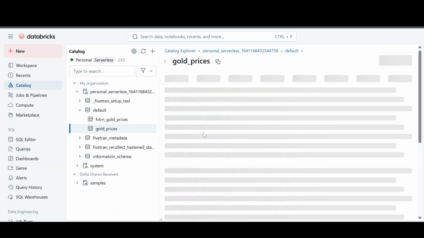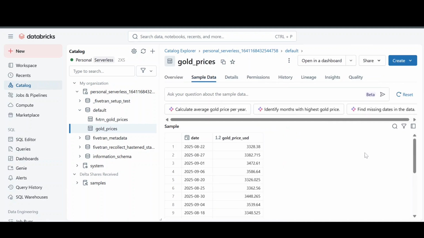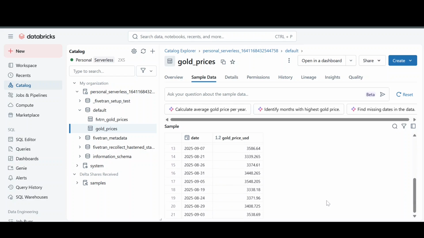When we click on it and click on sample data, you're going to see that it basically contains the date and the USD price at that current date. When we scroll to the bottom, we're going to see that we have 21 rows in total for this delta table. And on the left now you're going to see that we also have a Fivetran gold